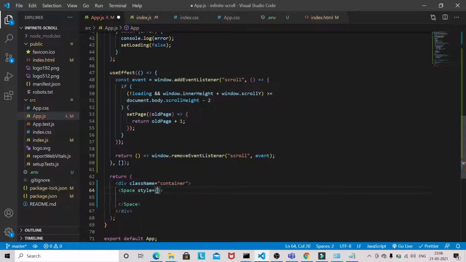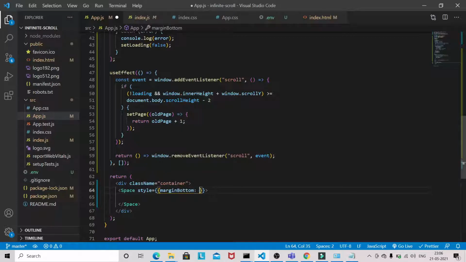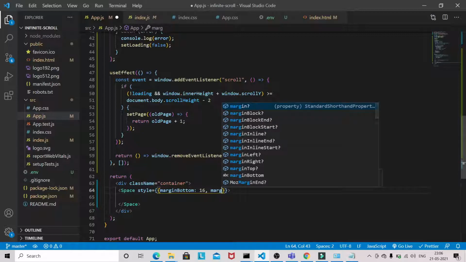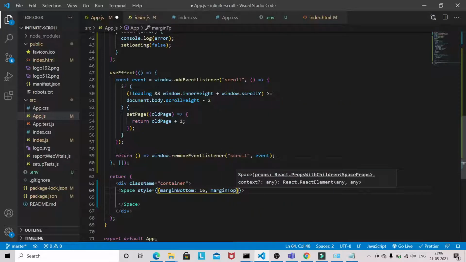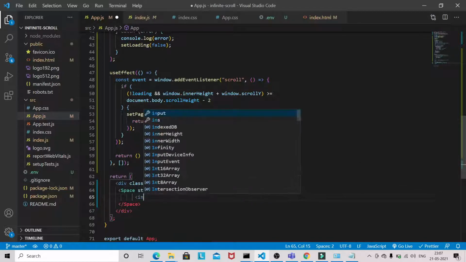So style will give margin bottom, margin top, and then we will be having our input.